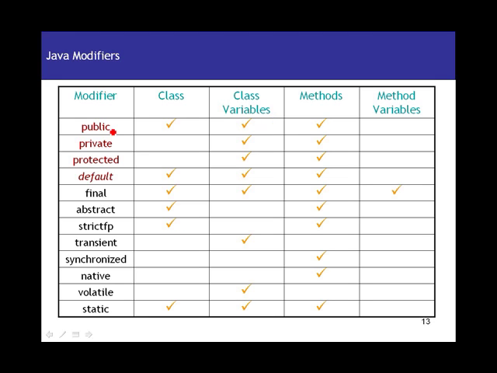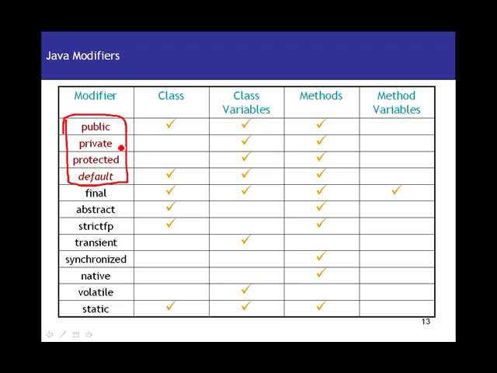Basically, you can categorize these modifiers into two categories. One is the access modifiers, which are all highlighted in red here, and the other category is the non-access modifiers, which are in black right here. So what are access modifiers and what are non-access modifiers? Access modifiers speak about the visibility of the item, or for example the accessibility of that item to the outside. When I talk about the outside world here, I mean other classes which are outside this class and outside